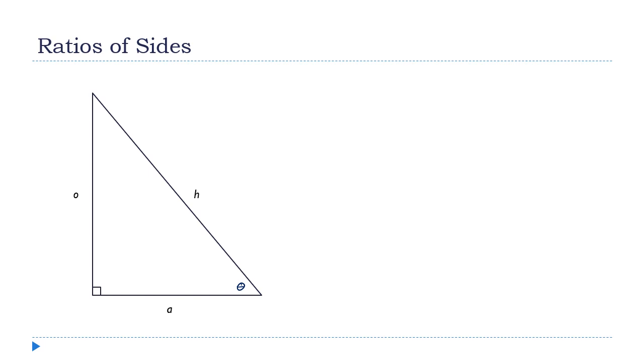The sine of the angle, which we abbreviate sin of theta, is equal to the length of the opposite side, that's O, divided by the length of the hypotenuse, that's H. All right, now the cosine of the angle,